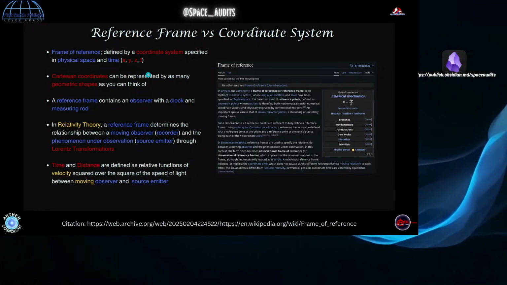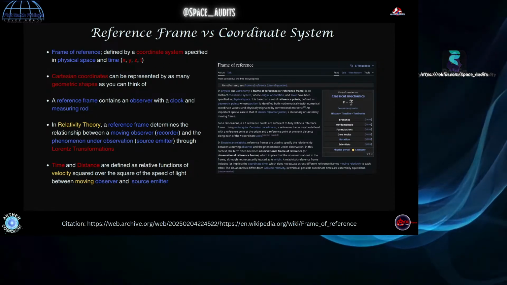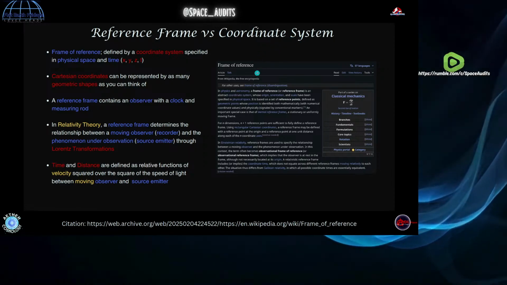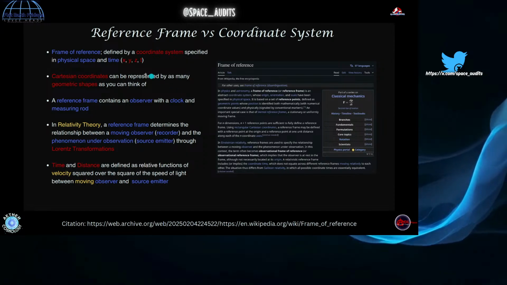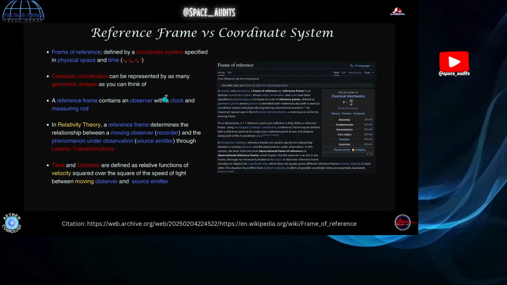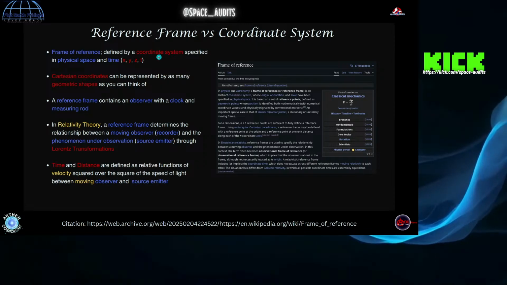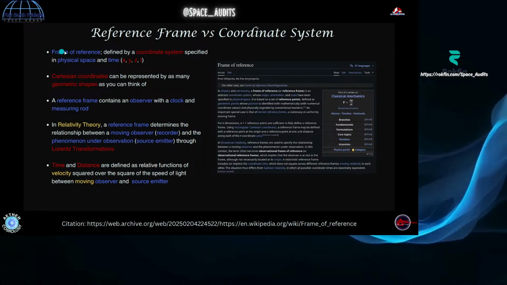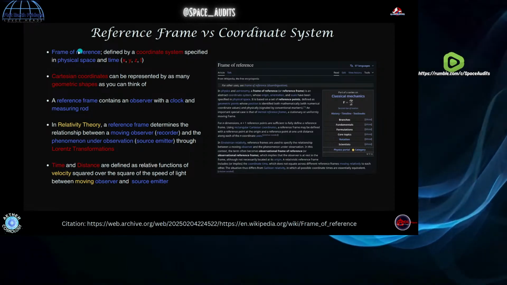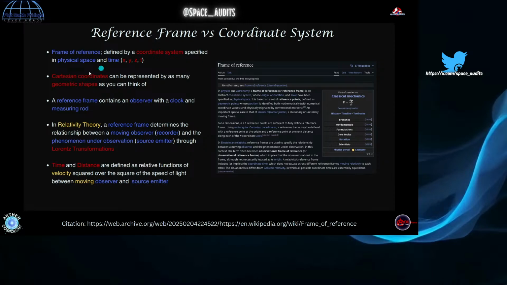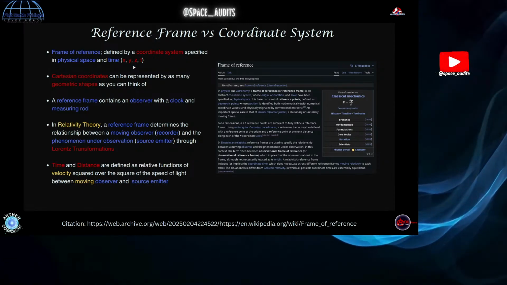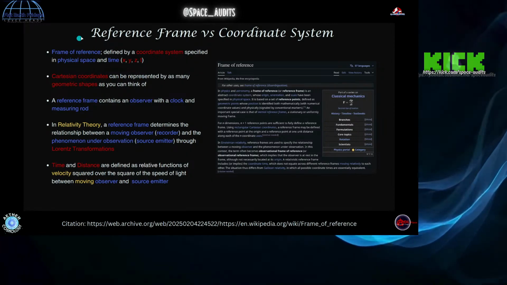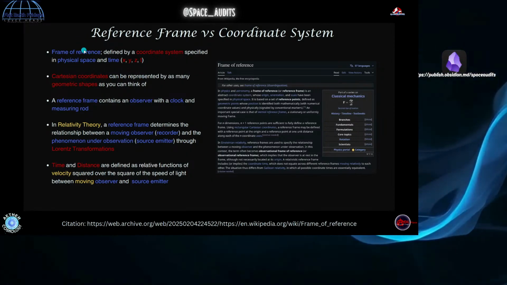Okay. So reference frames versus coordinate systems here. To give some basic definitions and to give you some idea of how I want you to conceptualize what I'm talking about as we go through the slides, you'll notice these are color coded. So red is when I want you to think about something being just abstract mathematics. Blue would be a reference frame. And when you think reference frame, don't think human, think where the instrumentation is, where the measurement is being made. That is the frame that we'll be using when we're talking about a reference frame.